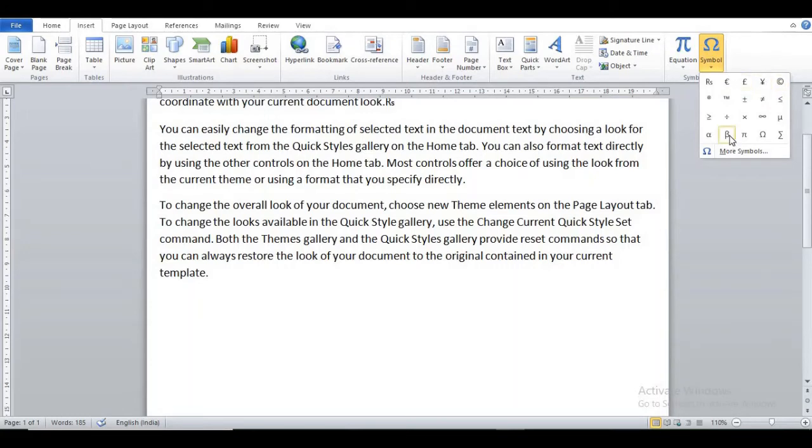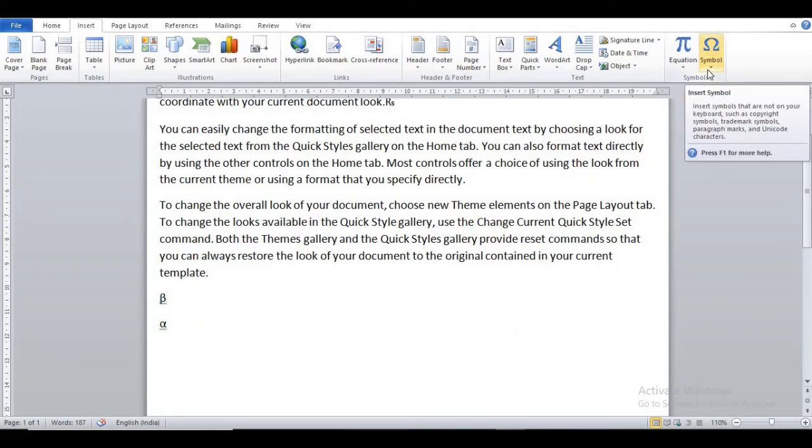Suppose I want the alpha symbol, click on alpha symbol. You can see here the symbol is inserted in our Word document. Suppose I want the beta symbol, click on beta. So you can use symbols using the symbol option in our Word document.